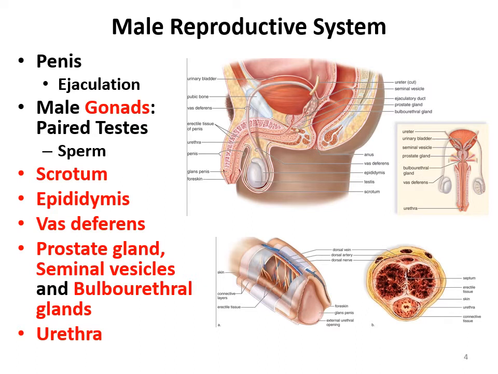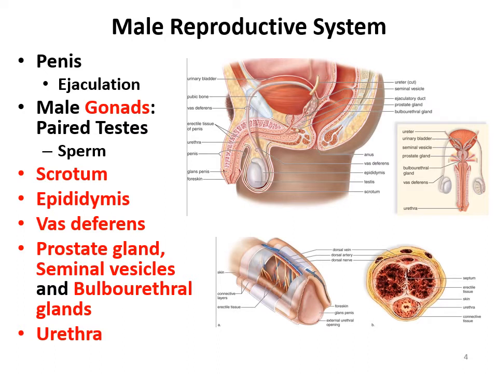Now, when we talk about reproduction, I want to point out the male versus female reproductive systems. I want you to know what the significance of each of these terms means. First off, of course, the penis is the organ of copulation, meaning the organ for sexual intercourse. When there is increased blood flow to that organ, that leads to an erection, and then ultimately the emission and expulsion of semen, which you call ejaculation.